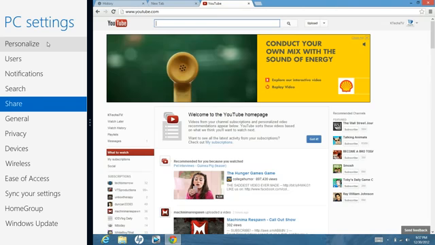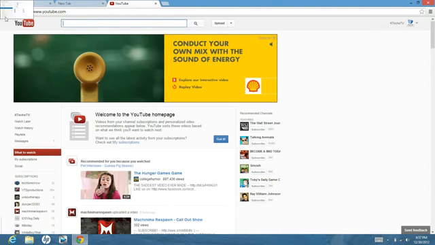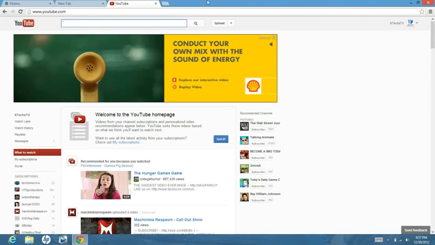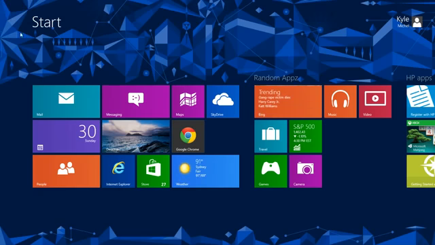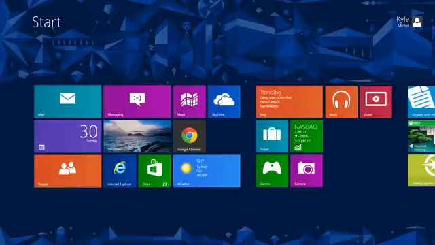This is also interesting, but very related to the last one. So if I close this up, go back up here and move my cursor down, you'll see I have this sort of sidebar here, and these are the apps that I'm currently running, and that would be PC settings and Chrome, but it won't show me that because I'm currently in Chrome. So if I go to the start menu, and I go up here, and I go down, maybe, possibly, no? Okay, I think I have to open up more apps. So if I open up the mail app, and I go home, and open up the messaging app and go home, and then I go back to the desktop,